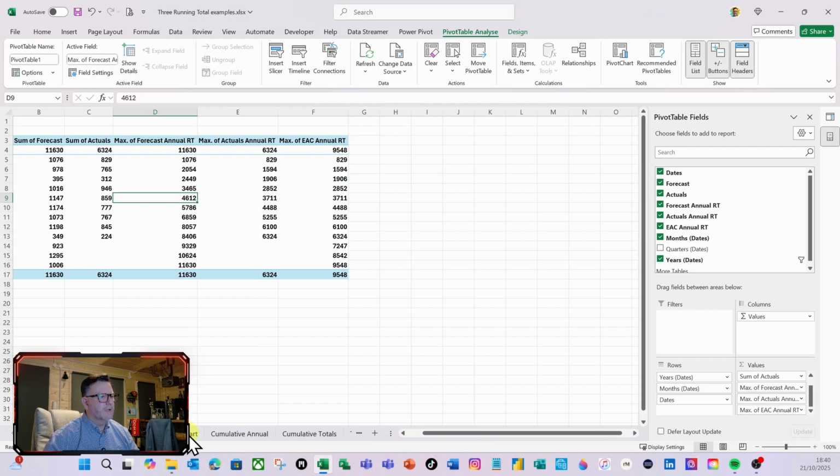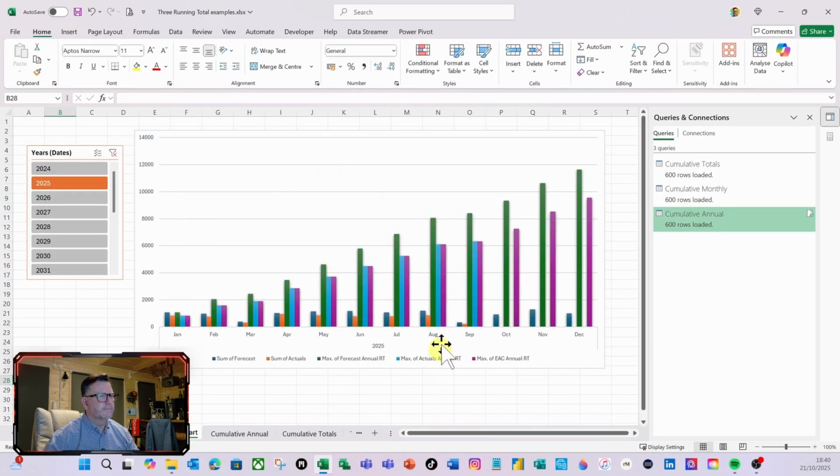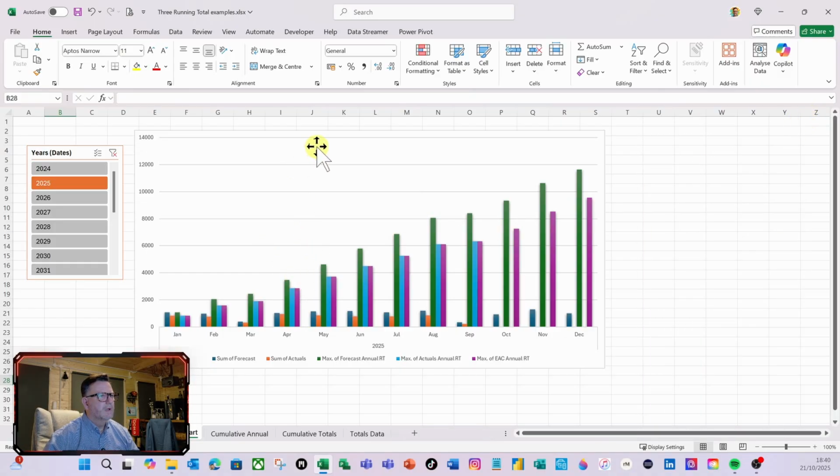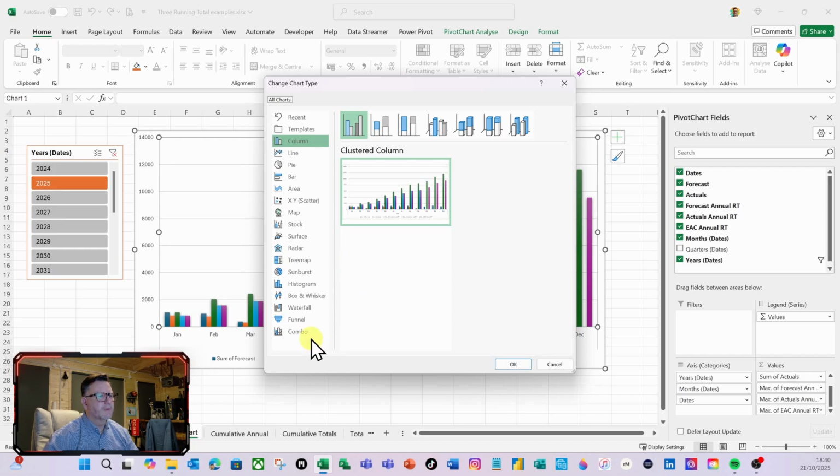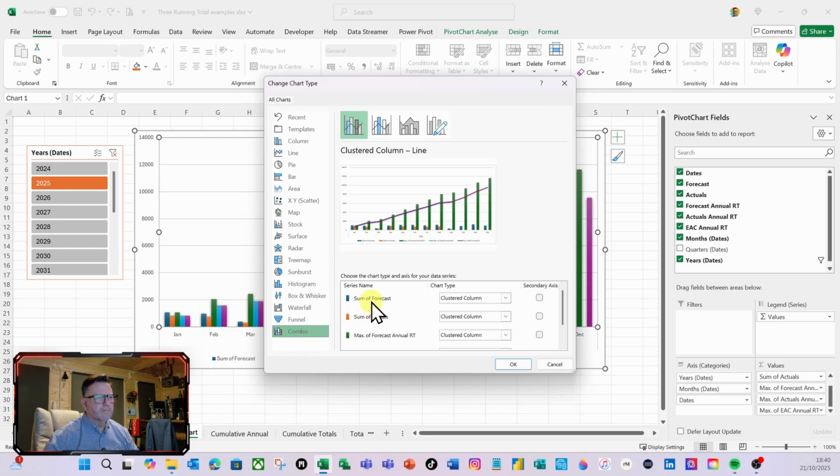Let's then go to our chart, and that's reset itself. Just get rid of this, I don't need it there anymore. And I'm going to click on the chart, right click on it, and do change type, combo. So I want the forecast and the actuals to be clustered columns, but now I want this max forecast to